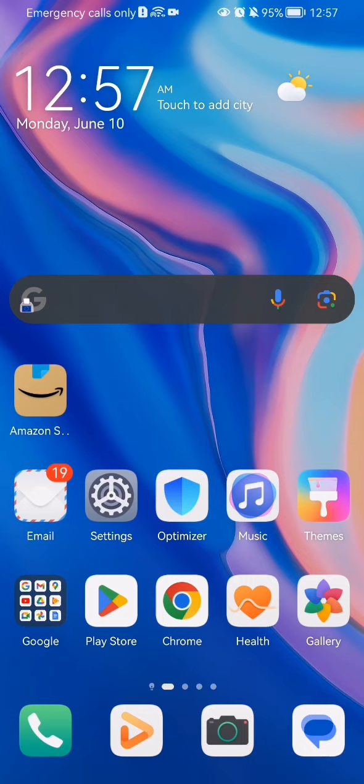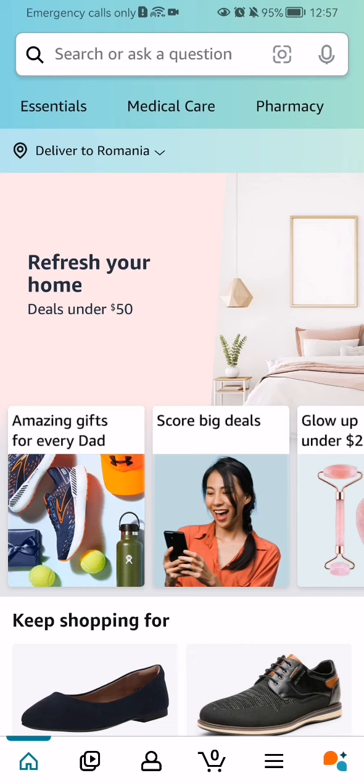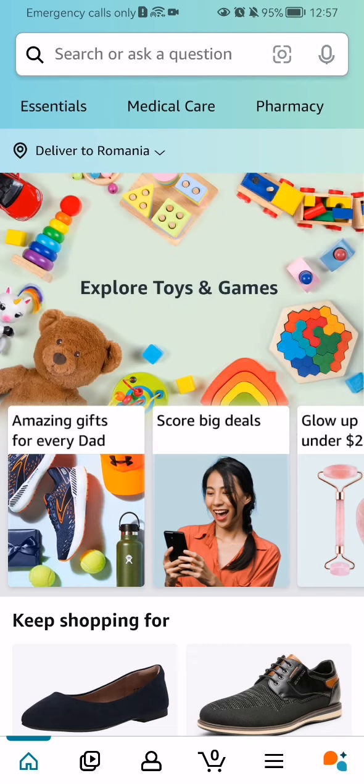Hello guys, in this video I'm going to show you how to change the type of currency in the Amazon shopping application. The first thing you need to do is enter the app. After you have done that and you are in the home page, you should look down below and select the